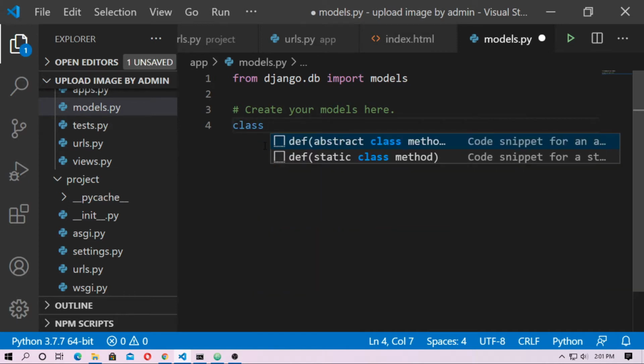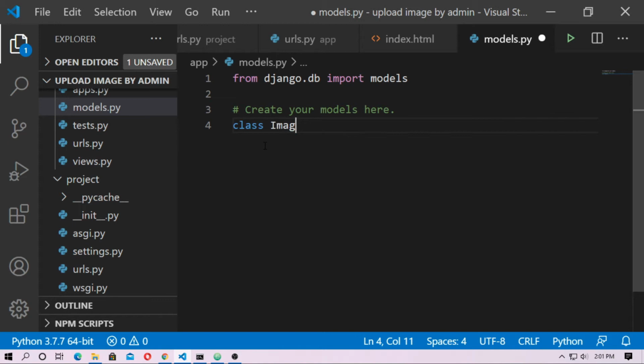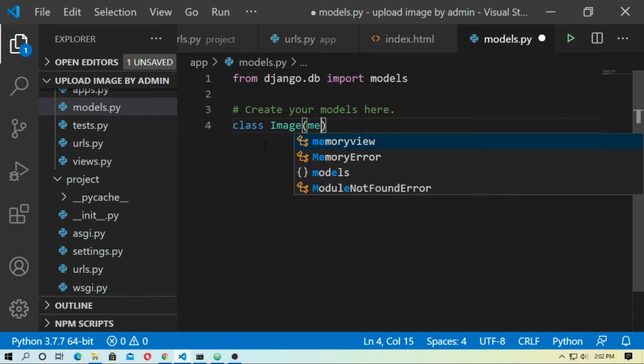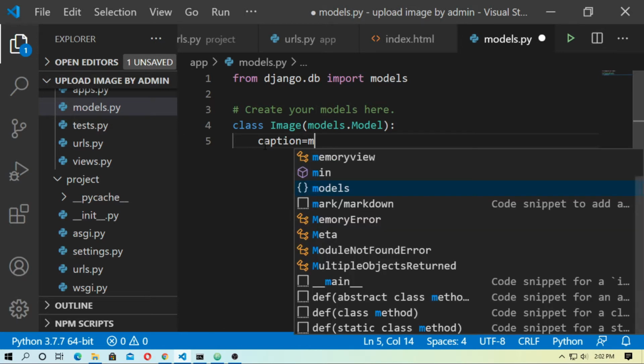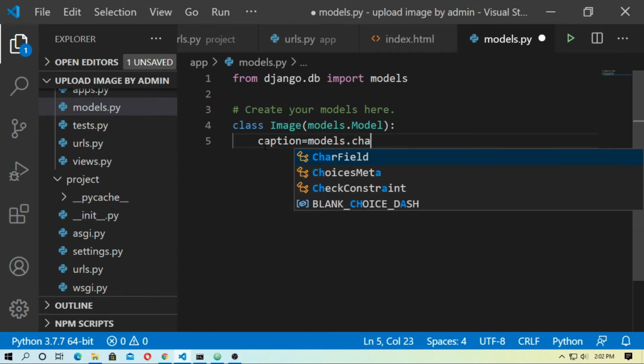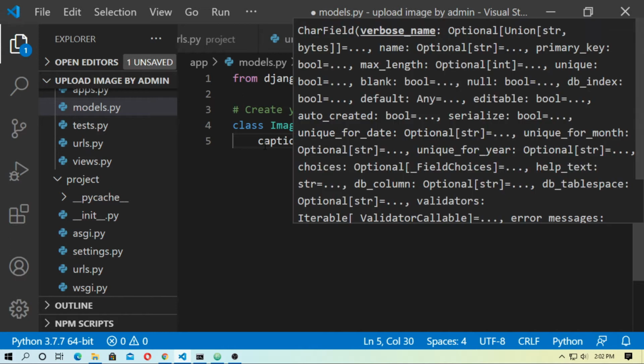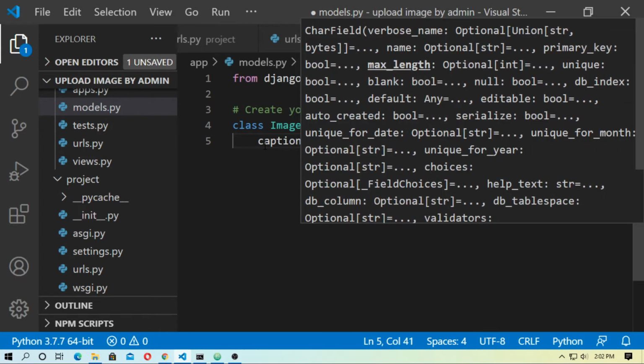Just type class Image, inheriting from models.Model. Okay. Now create a variable named caption, equal to models.CharField, and max_length equal to 50.